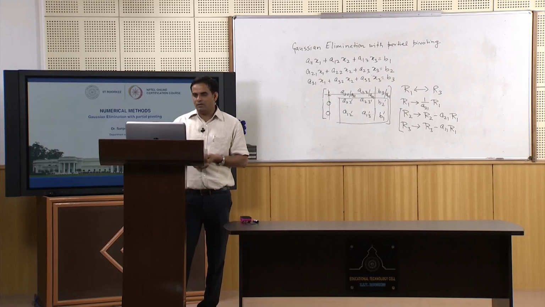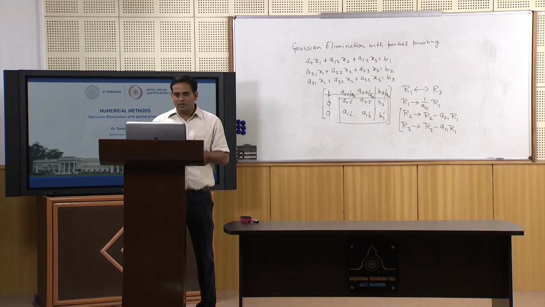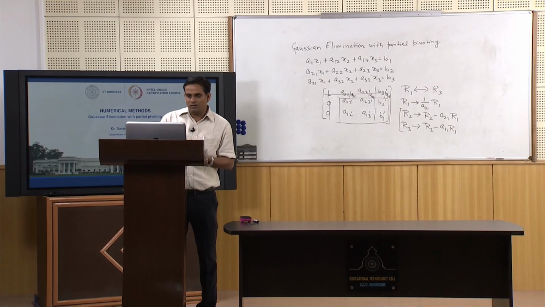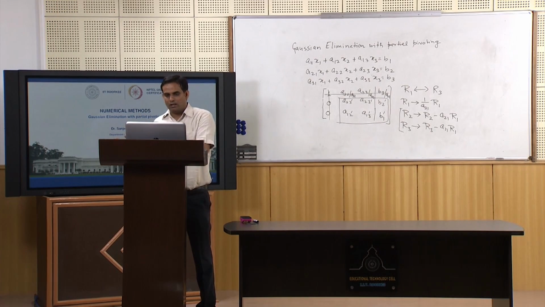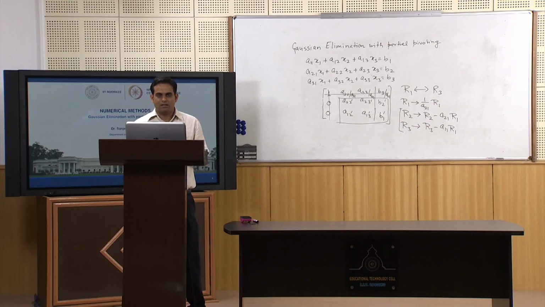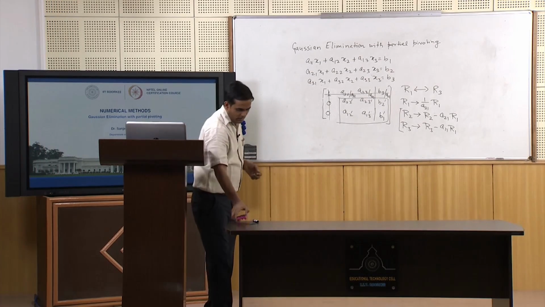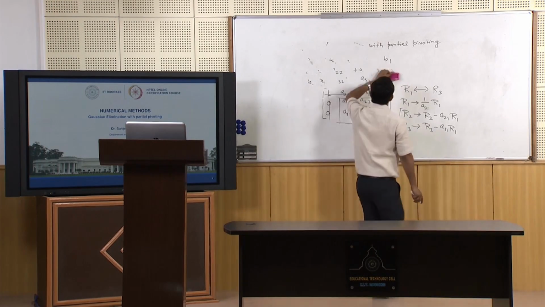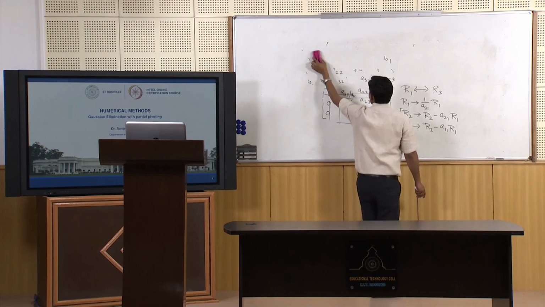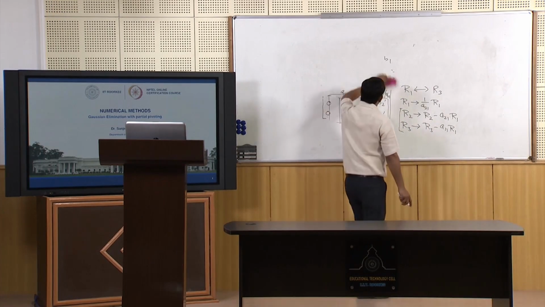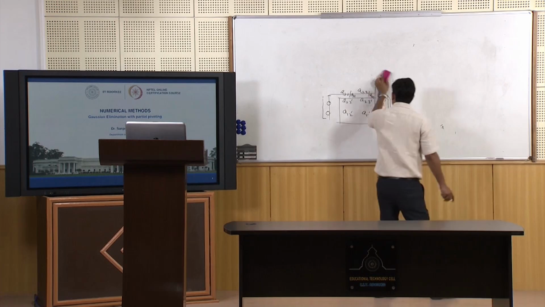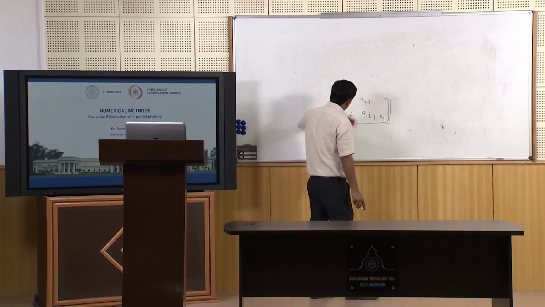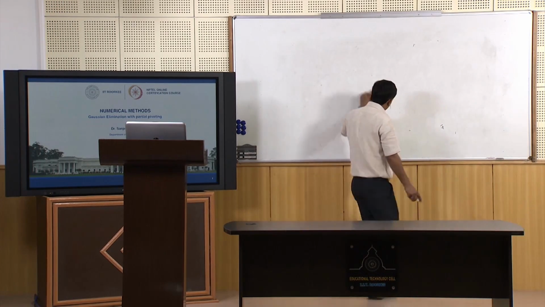After that, what I will do? I will define the matrix norm and relate the matrix norm to the conditions when the system becomes ill conditioned, meaning how to measure whether the system is ill conditioned or not. So, let us take an example which has two equations and two unknowns, a very small example, and then we will see that this particular example is an example of an ill conditioned system.